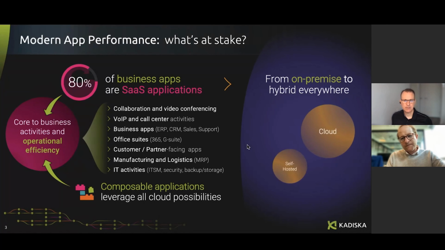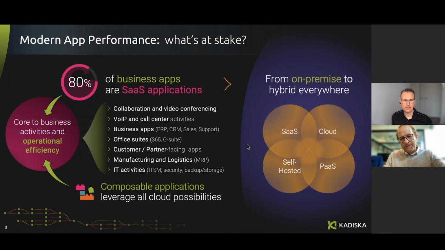And these are increasingly becoming interconnected to each other. So you have all the familiar Google and Microsoft Office suites that are hosted online. You also have your communication systems, your CRM, your MRP, manufacturing. And when you look at the bottom there, the point about composable applications is really a trend that we're seeing